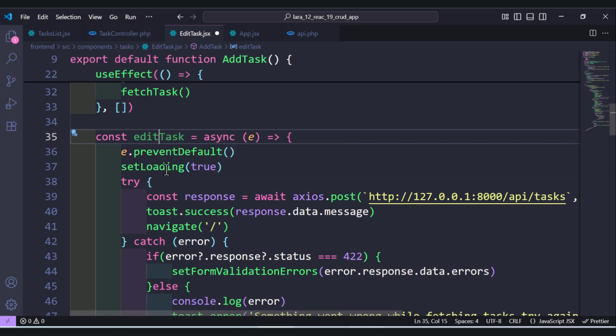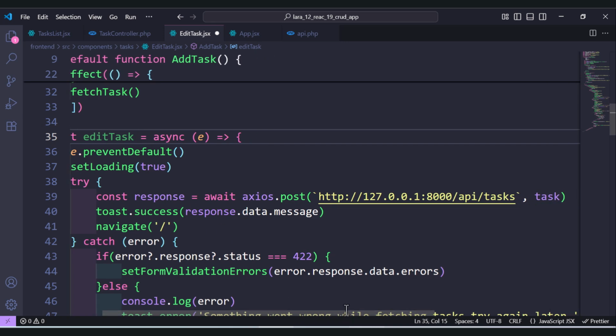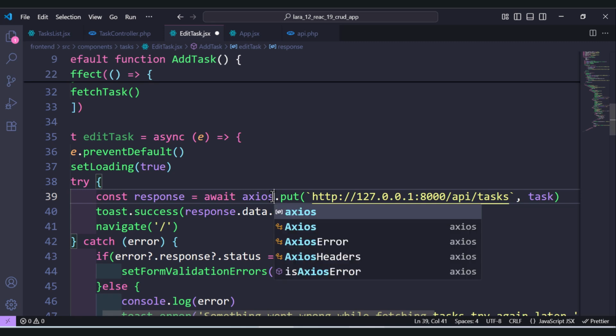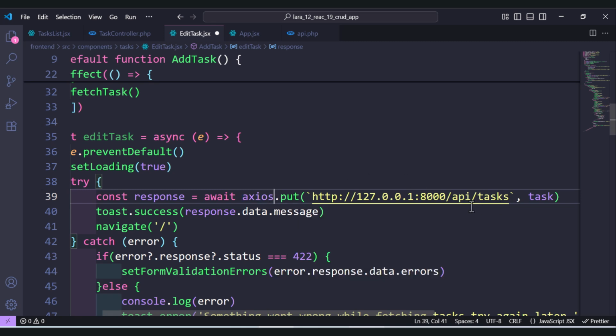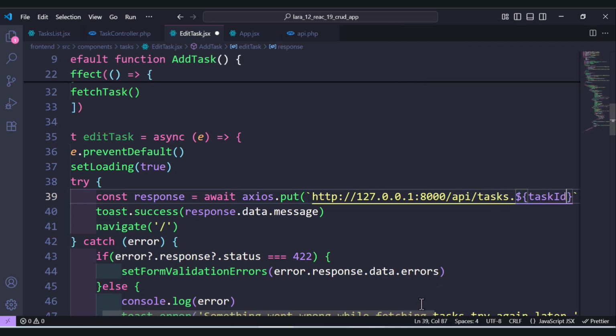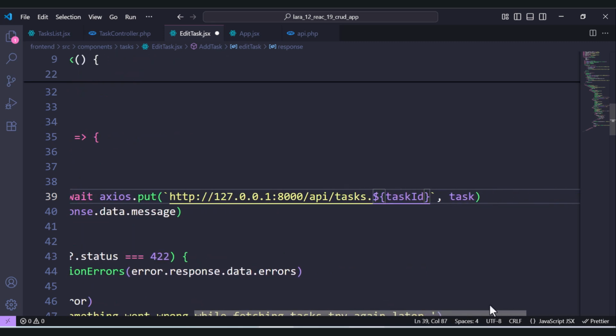And edit, what we'll do, the same thing: it will prevent the default, set loading to true. So here we will send the request, and the request will be put, not post. Let's import also Axios, but I think it's already done. And it will take us to API tasks, and we need to provide the task ID, which is the one that we have defined. And what else we have here? So we send the task,